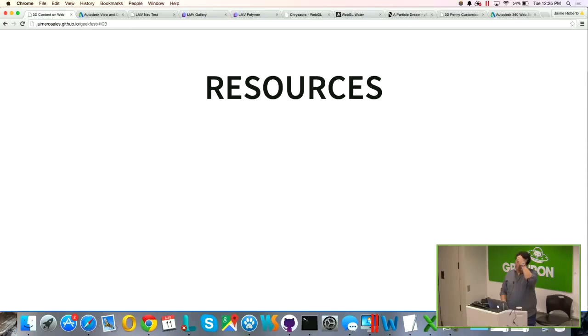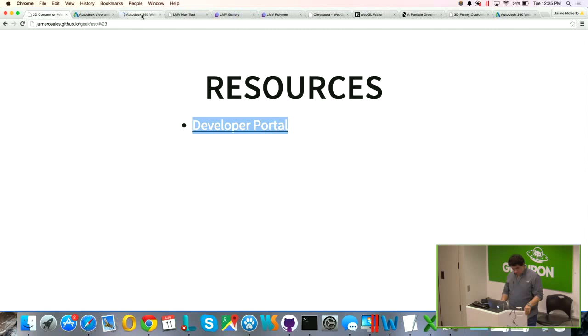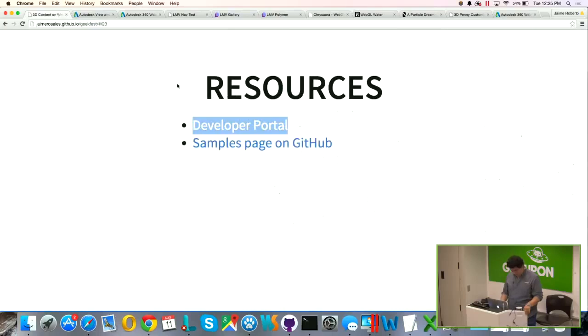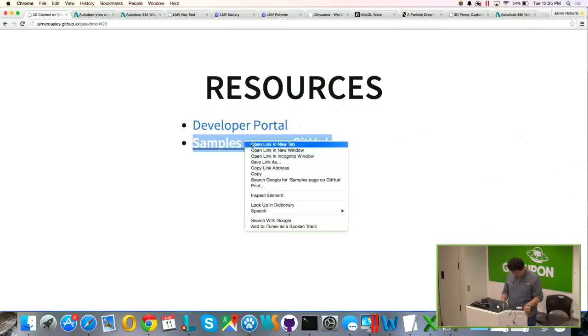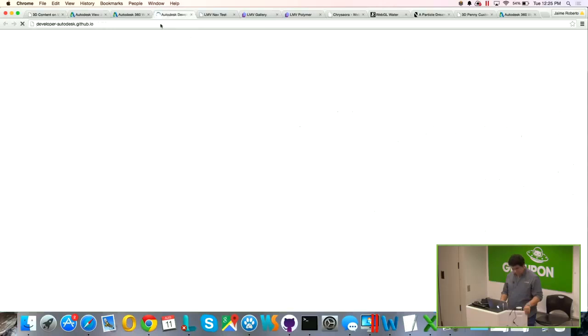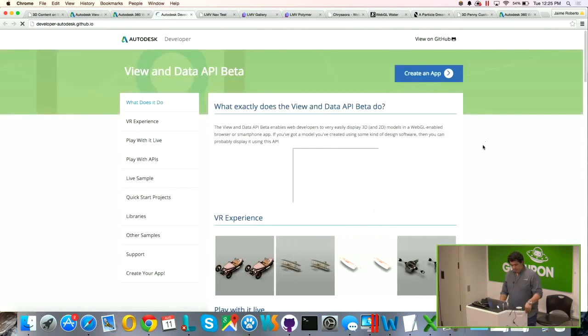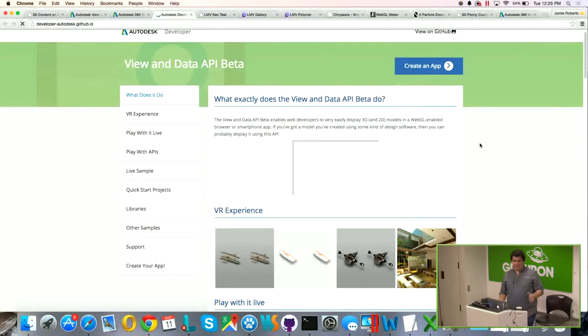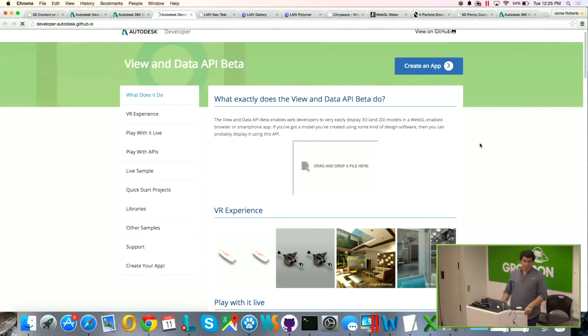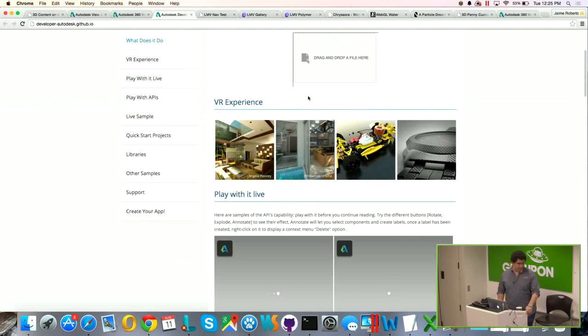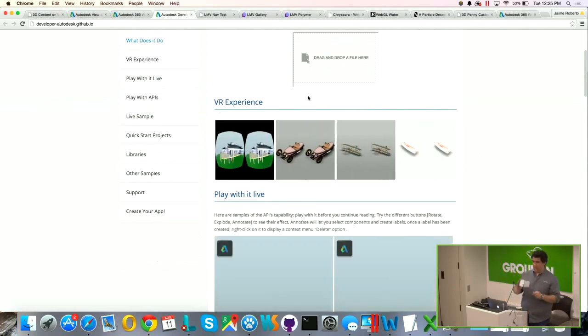And we have some resources too, like the developer portal that I just showed you, and then we have different samples here that many of our engineers have created. And if you see this part here, the VR experience. So using something simple like this,